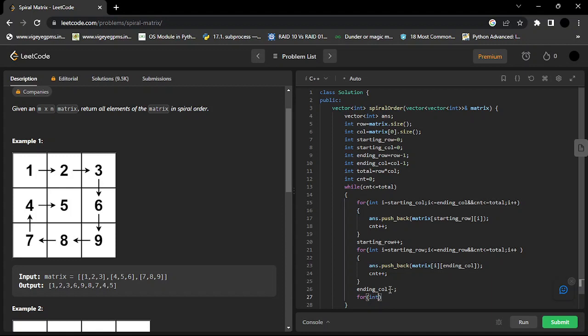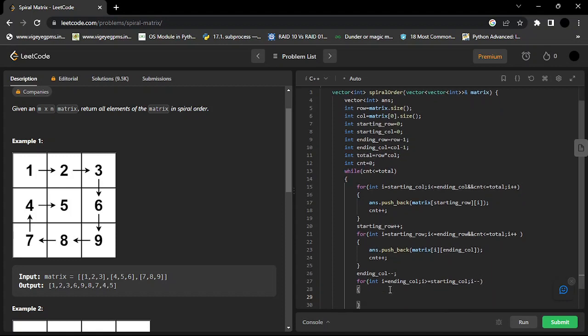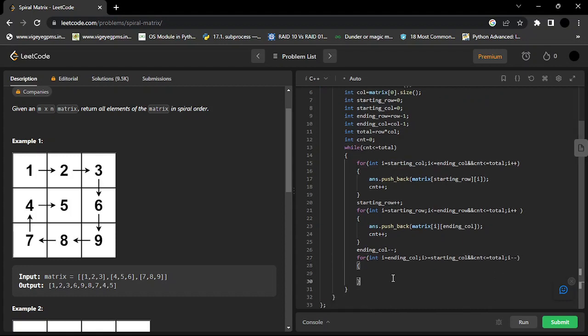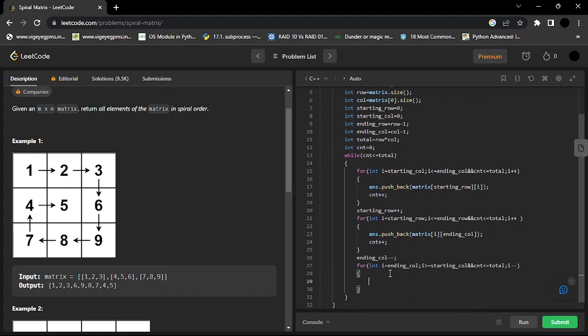So int, I should start from where to where. It will start from, this is a row, again column is changing. So column will start from ending column, and it should be greater than or equal to starting column, then I minus I need to do. Again I don't need to forget this case again and again. So let me copy paste this. So I need to push back what? Answer dot push back